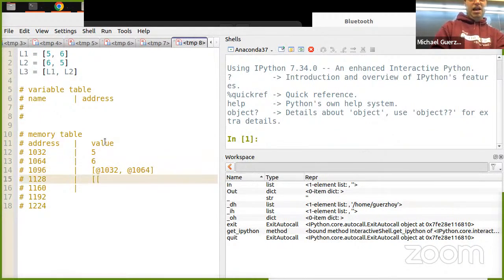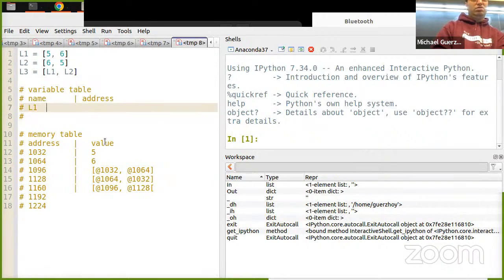And then 6, 5 at 1064, at 1032. And then L3 is L1, L2. This is at 1096, at 1128.